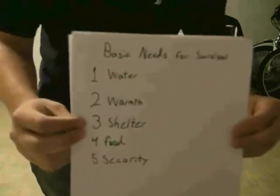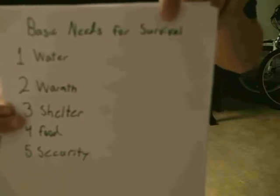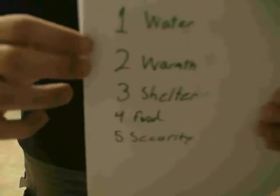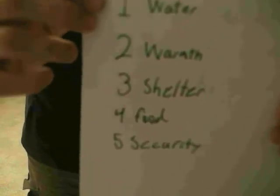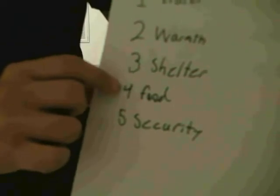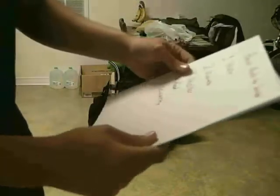Several principles to begin with. We've got the basic needs for survival. Not just survival, but life in general. And I've put them in the order that I believe they are most important. We've got water, warmth, shelter, food, and security. Now,